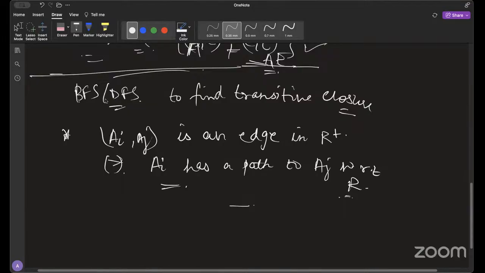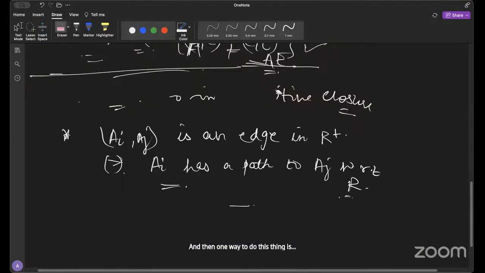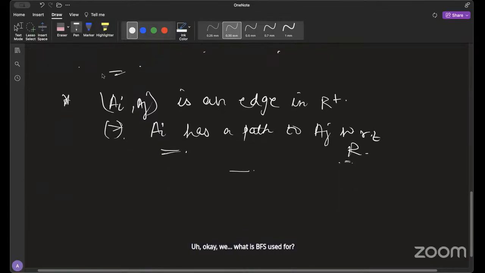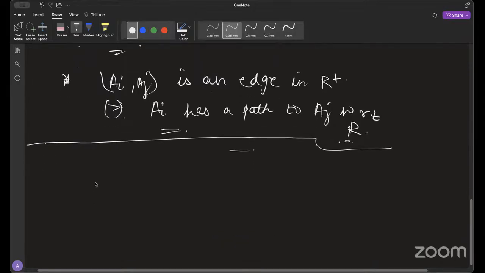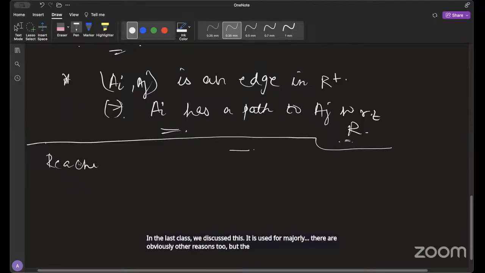And then one way to do this is the BFS DFS approach you can use. So BFS, what is BFS used for? Shortest path, ma'am. In the last class we discussed this. It is used majorly for, there are obviously other reasons too, but the first thing that comes to your mind is reachability,